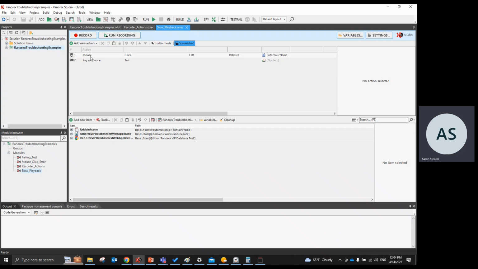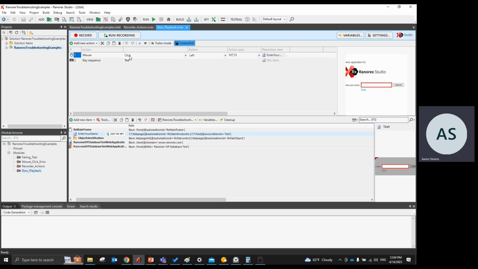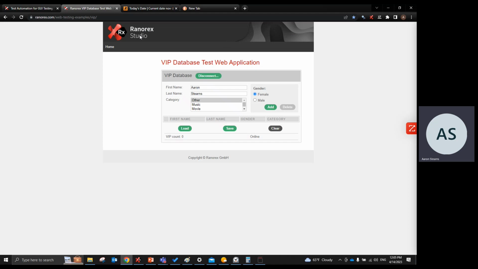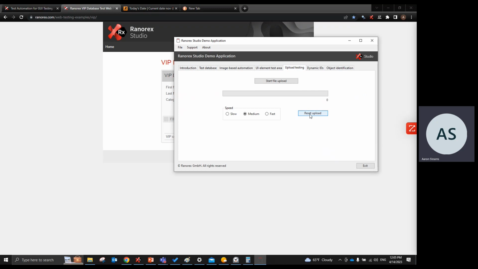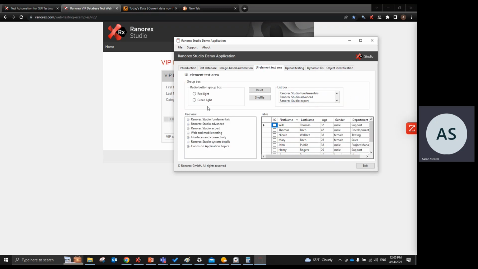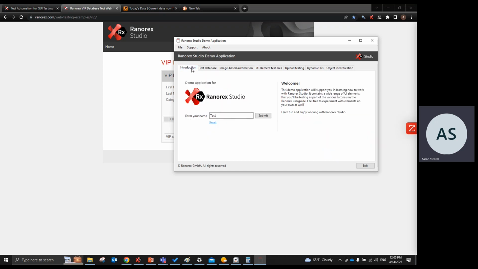Here I've already created an action, and the action is a simple mouse click. I used the recorder and clicked on this input, which, instead of being in the web app that we saw in the last example, is in our desktop app. Our desktop app is a nice desktop application that gives you a lot of different types of objects and things that you can interact with to get up to speed with testing with Ranorex. It's a very helpful application. But sometimes what you might find